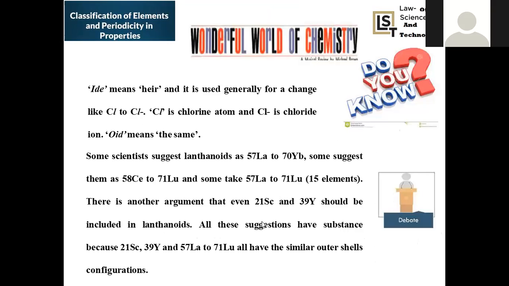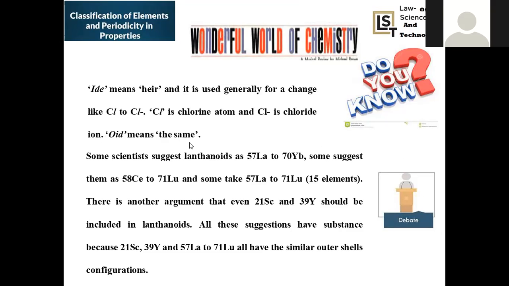Now we are going to give some extra points relevant to this modern periodic table. IDE means hydride, and chlorine called chloride. So they are used to acquire the electron, accepting the electron. That's why these are IDE. Negative charge is denoted by the IDE: chloride, hydride. In that way, any negative charge associated with the element is denoted with IDE, meaning acquiring the electron.